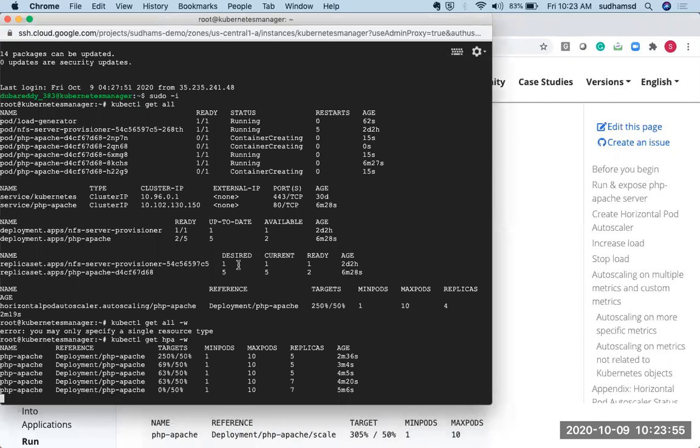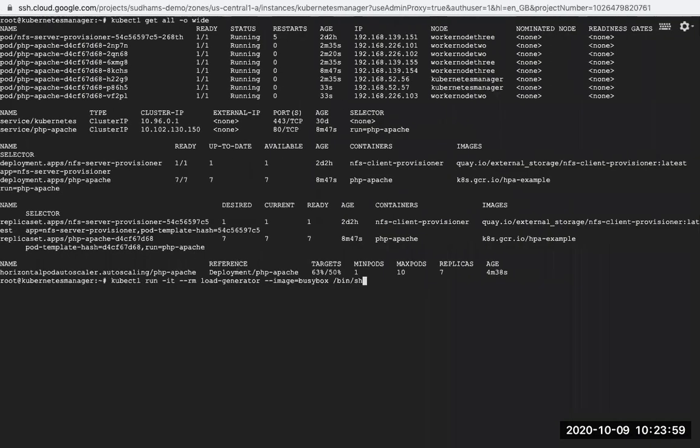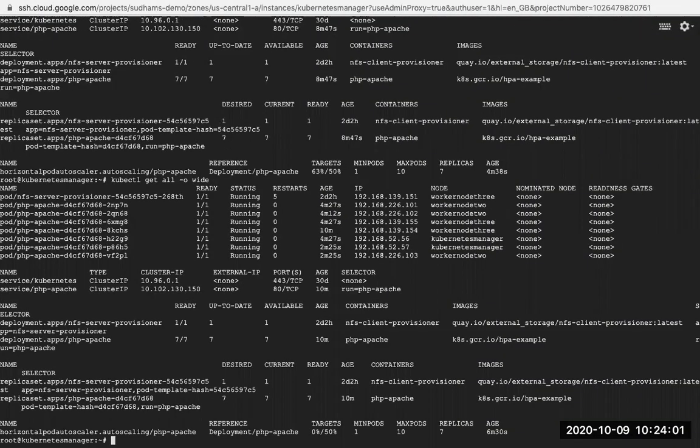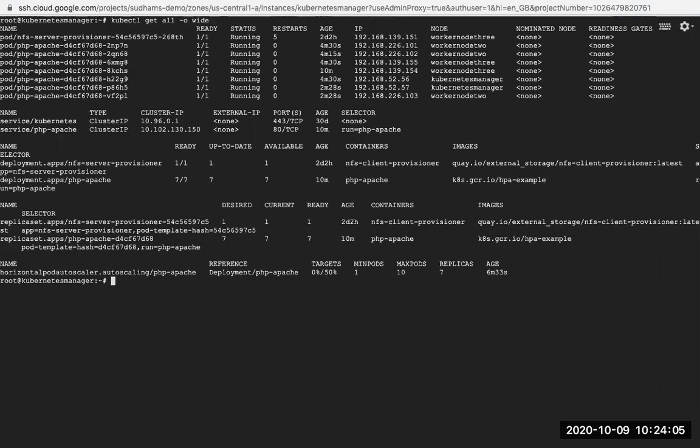So we didn't get any update. Let's wait. Still those 7 pods are running in the background. What I have observed in recent times is that it is not reducing the replicas automatically when the CPU utilization is reduced. That is what I have observed. So let me see if the issue still exists, so that I can update you.